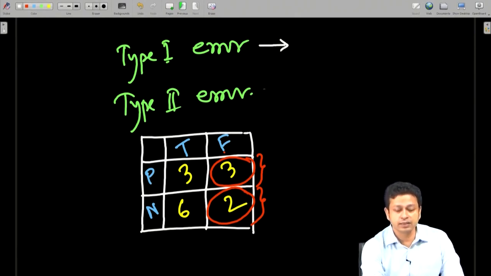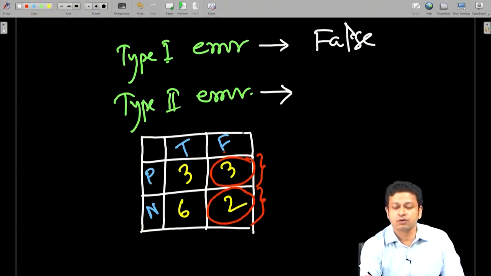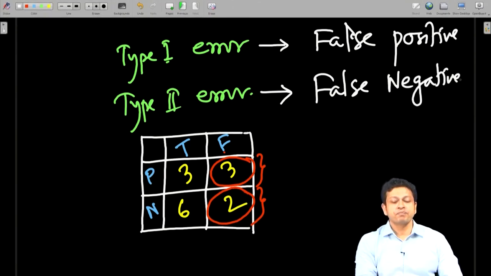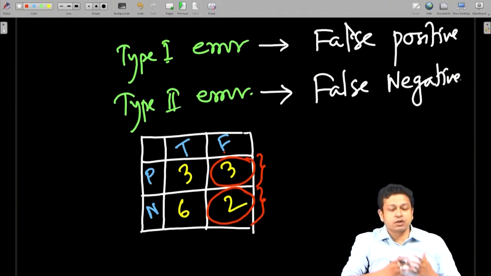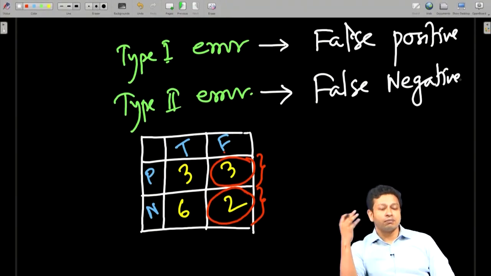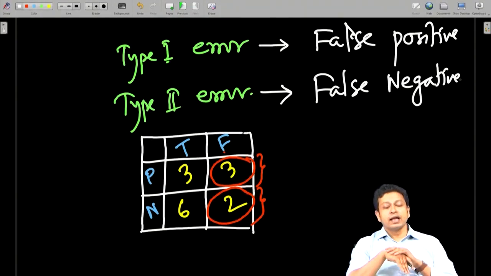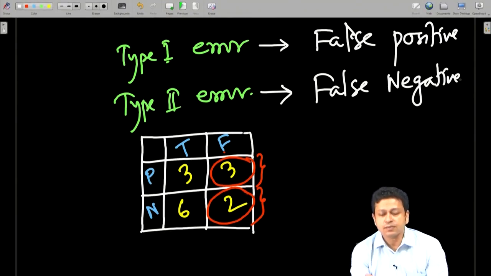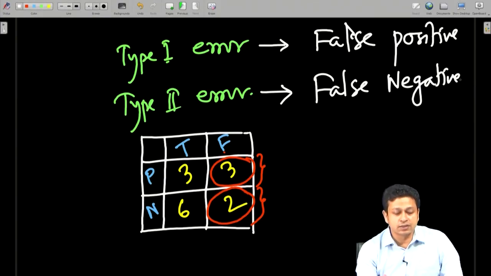Now I will connect these concepts with type 1 error and type 2 error. Type 1 error is essentially nothing but the false positive cases, and type 2 error is essentially the false negative cases. We can remember it, or we can conceptualize it slightly differently, but the concept remains the same. In type 1 error, we want to reduce the type 1 error